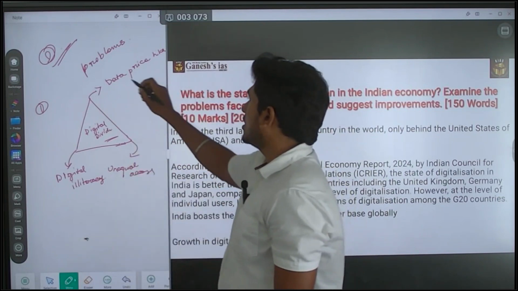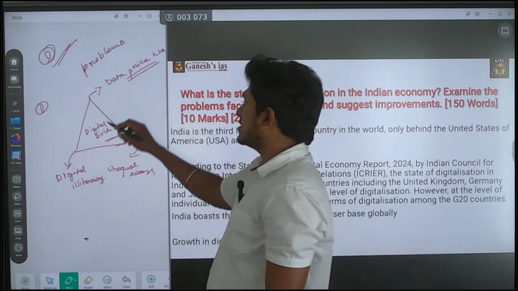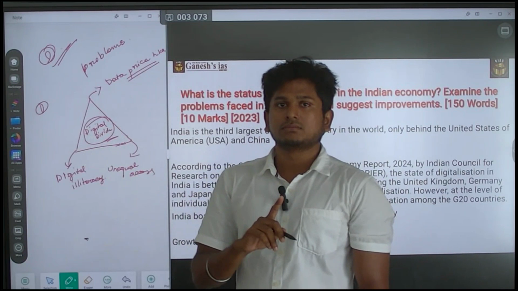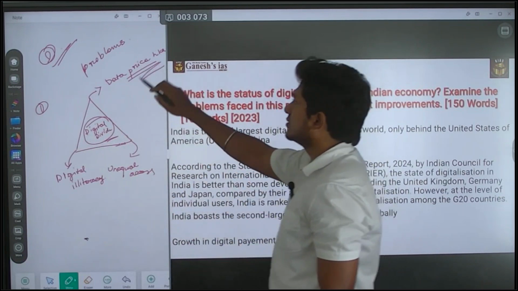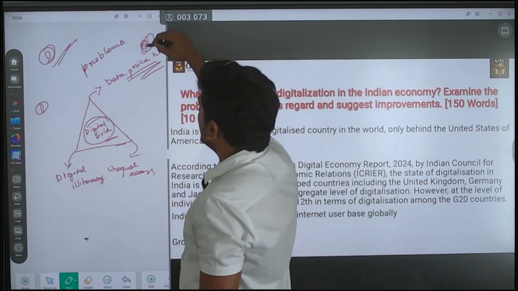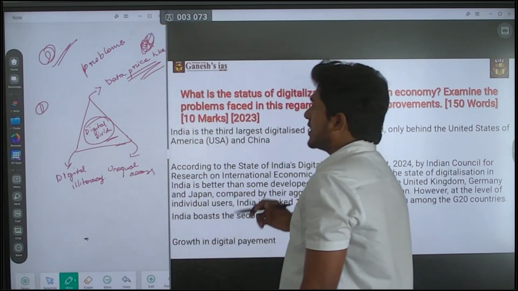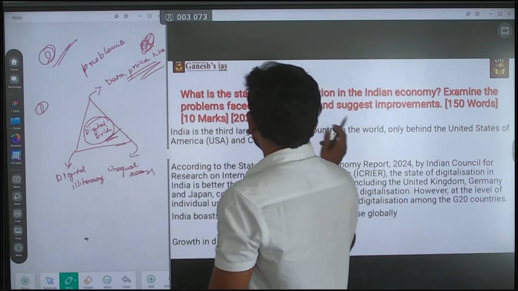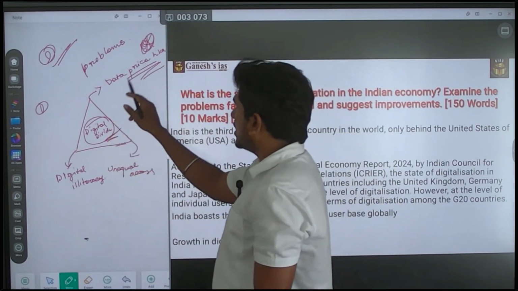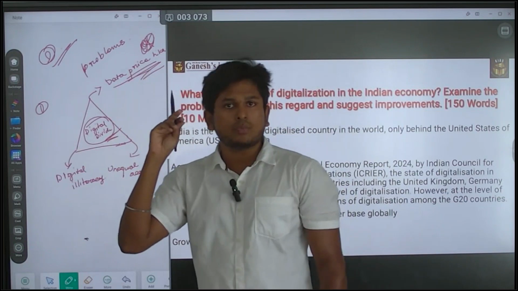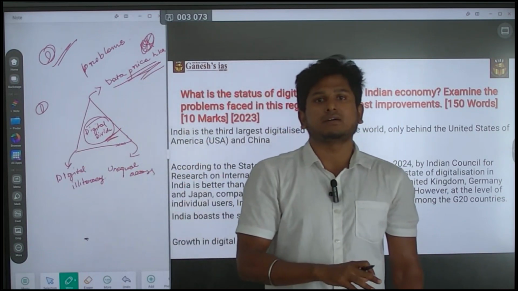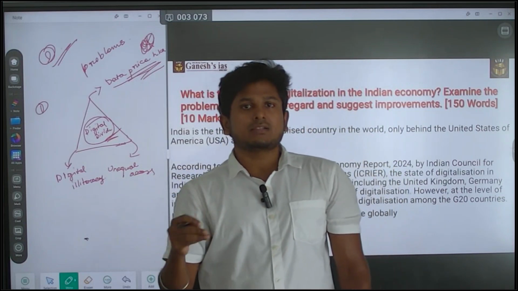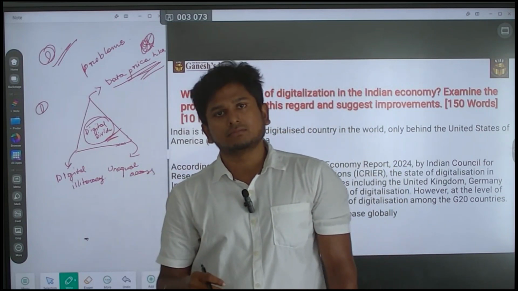In that scenario, if they are going to increase the data price, that will lead to the digital divide. This is the first major concern. So you have to give this point. It is one of the most important points, you can quote it. So data price hike leads to the digital divide. So regarding the problem faced in digitalization, if they increase the data price, that will obviously reduce the digitalization in India. That will definitely lead to a reduction in digitalization activities in India.